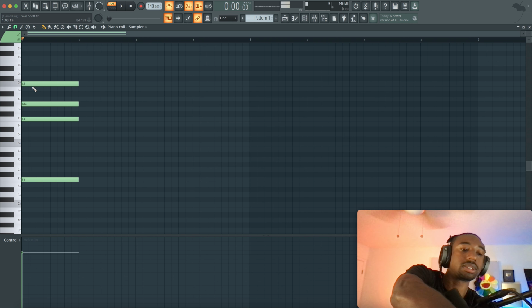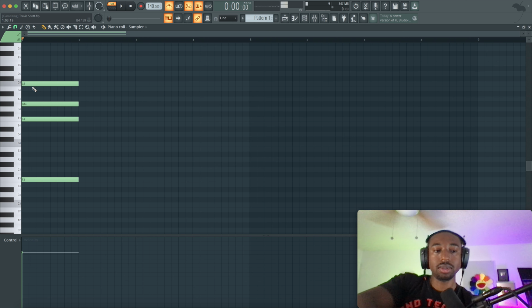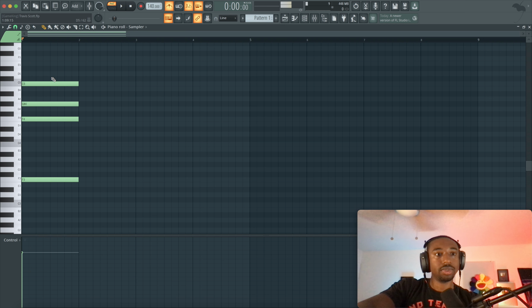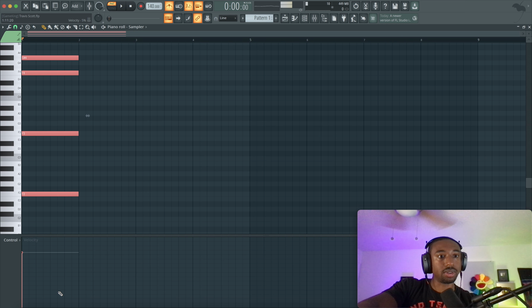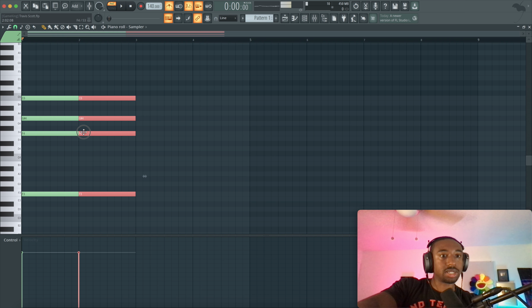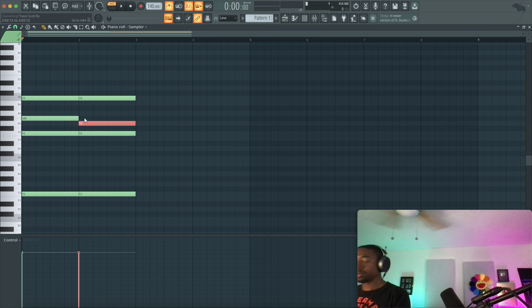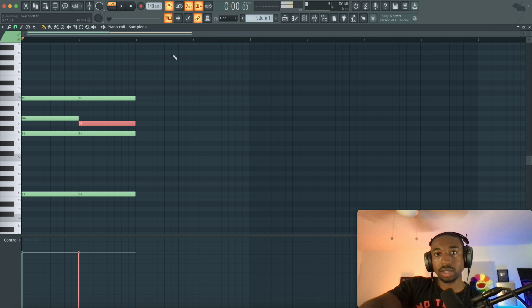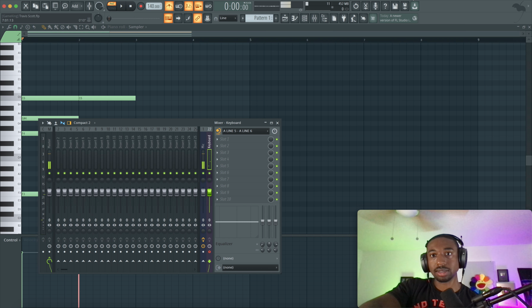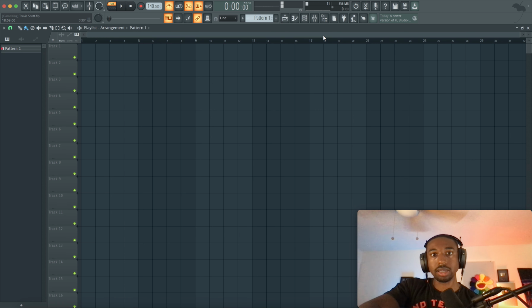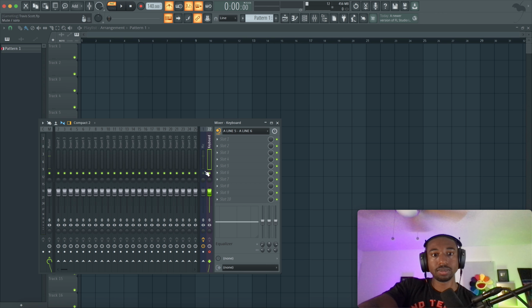Sorry, my computer's stuck on stuff. There we go. Okay, so that's the chord. You guys can't hear because there's no sound. And on the second chord, we're just taking this middle note, pulling it down a half step. So it sounds like this. Okay, and then we'll build around that. Again, I'm going to mute my mic only because it's loud when I hit the keys. Let's record that in.